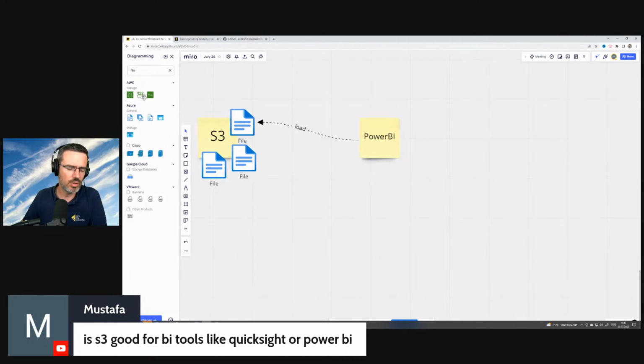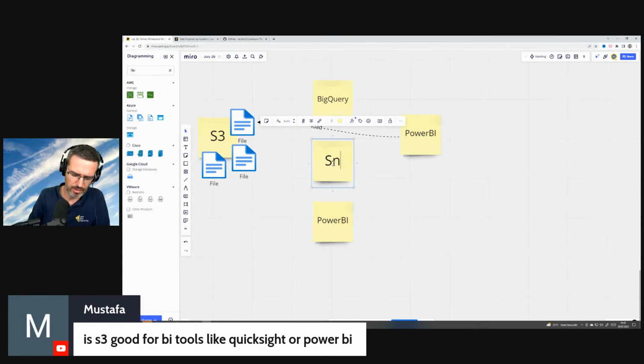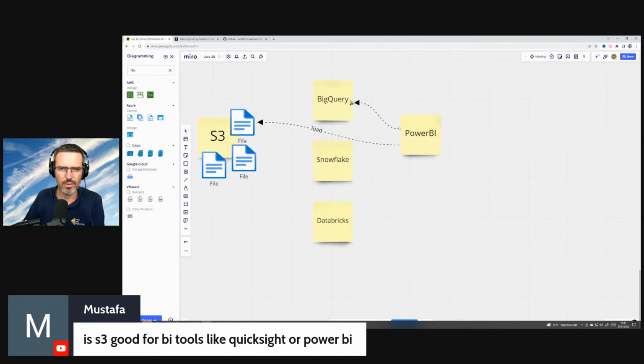You want something usually like BigQuery, like Snowflake, like Databricks. I think you get the point. You want to contact here, you want to get directly to BigQuery and access this like this.